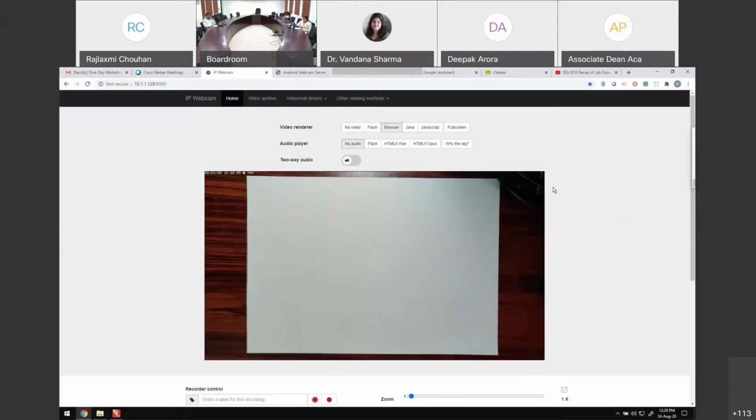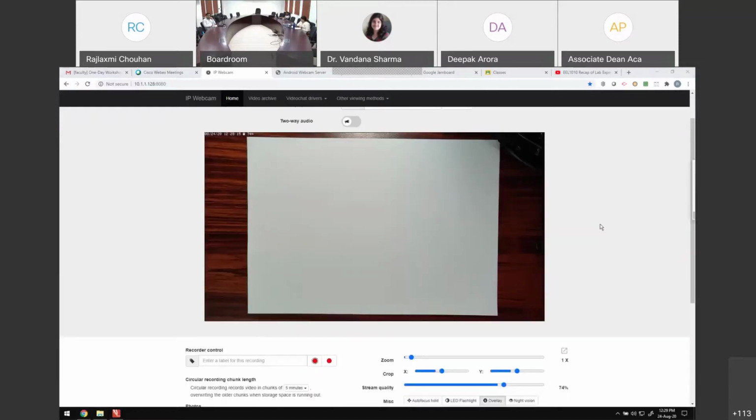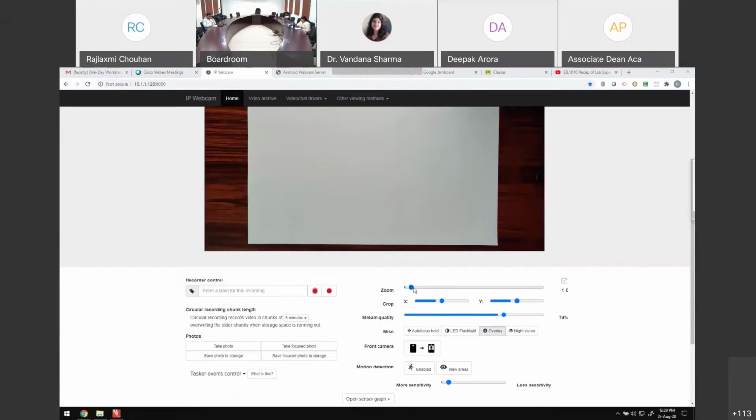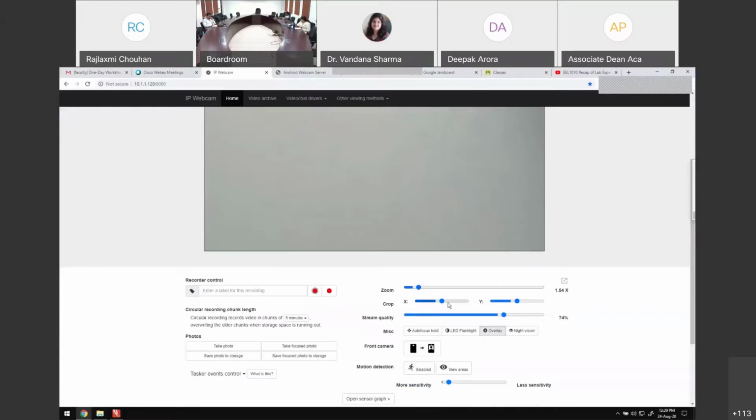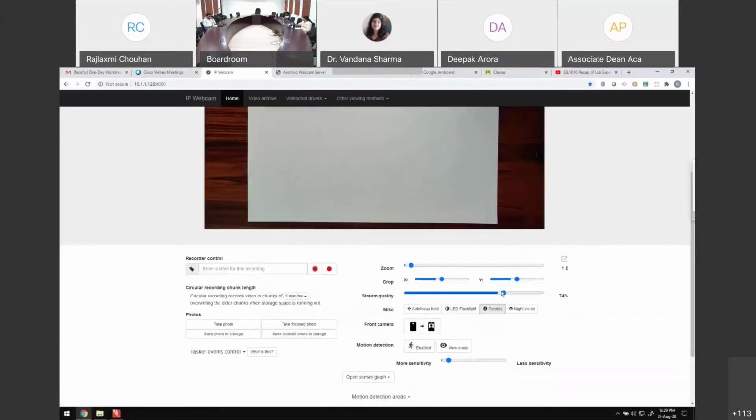Since this is your shared screen during a live class, you would want to go to this full screen mode, right? Before going to the full screen, let me just show you some options. So if you scroll down, say if the zoom level is not appropriate for you, you can zoom it further, right? You want to crop certain areas out, that option will be there. Stream quality can be controlled.